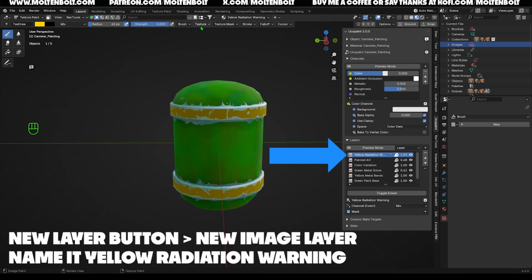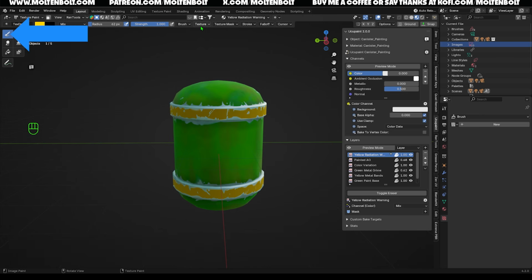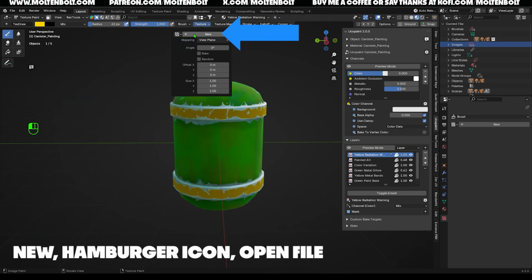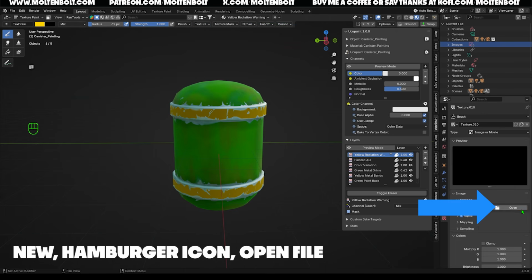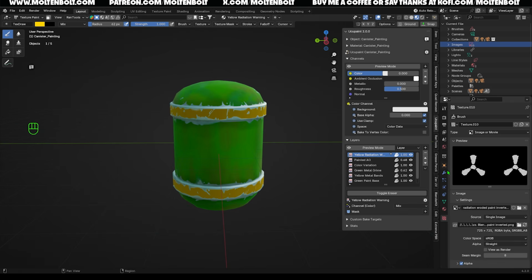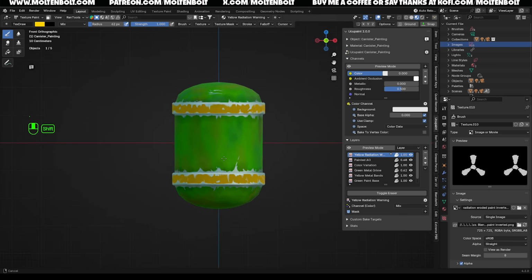Let's add a new layer and call it Yellow Radiation Warning. Go to your brush tool and set it to be a brightish yellow. I made the radiation icon earlier in Krita, and to put it on our canister, I'll show you another way to paint with a texture mask. Head up to the Texture dropdown, not the Texture Mask dropdown, and hit New, then the hamburger, and open your radiation icon file. In my case, the texture was already loaded in, so I just selected it from the available